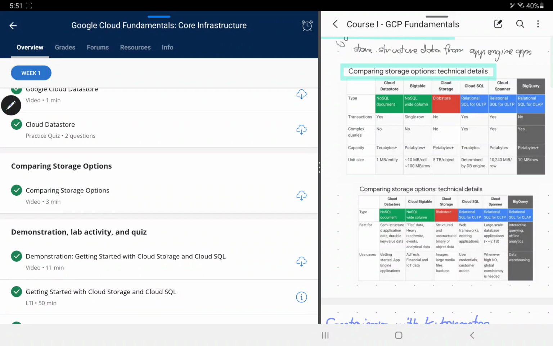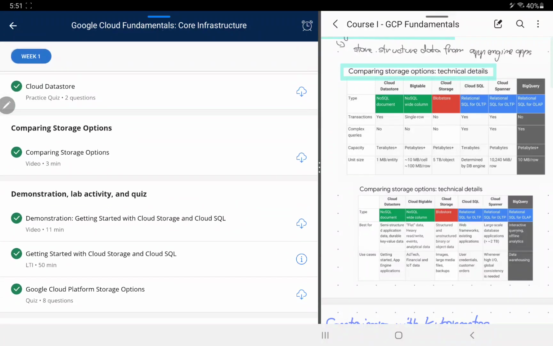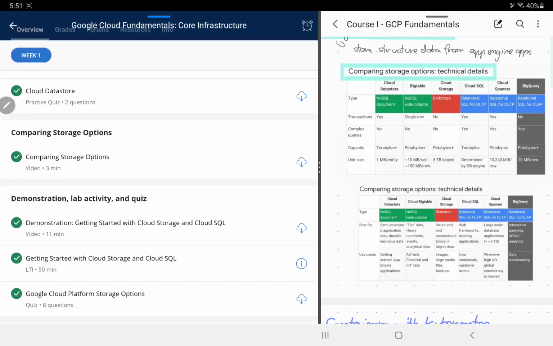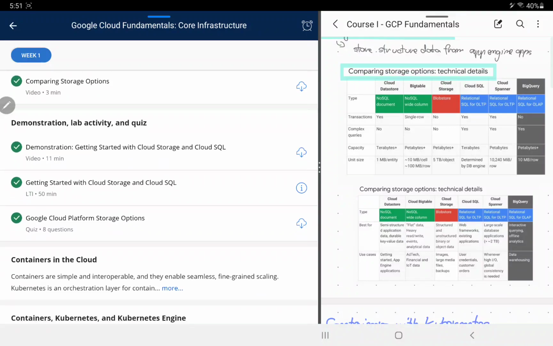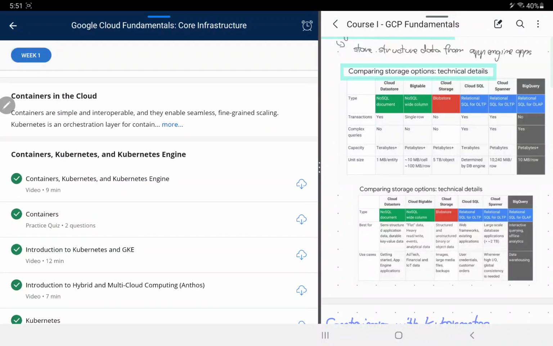For the first month of the Google Cloud Network Engineer, all these 7 courses, I've paid $20. But the following months, I will not benefit from the first month discount, and I'm probably going to pay somewhere around $50 a month. So you should know this before you start.